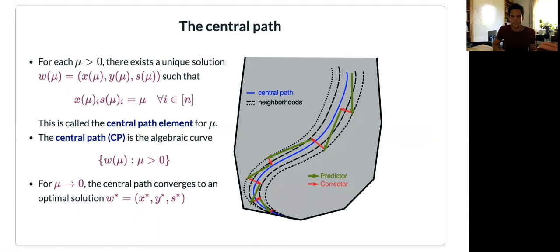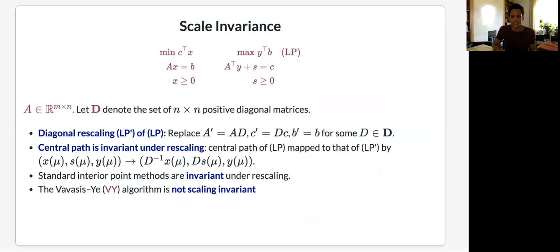Importantly, these interior point methods are scaling invariant. That means if I rescale the columns of my constraint matrix A by a positive number, which is equivalent to multiplying my constraint matrix A from the right-hand side with a positive diagonal matrix, then interior point methods behave invariantly under these rescalings. So there is a one-to-one correspondence of primal-dual feasible solutions under the original instance and the rescaled instance, and interior point methods maintain this one-to-one correspondence under any rescaling.